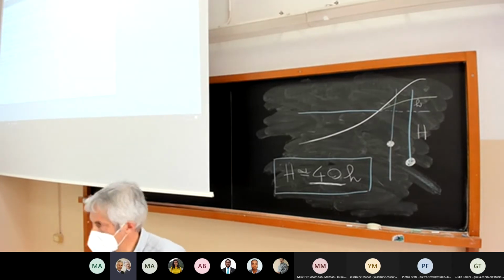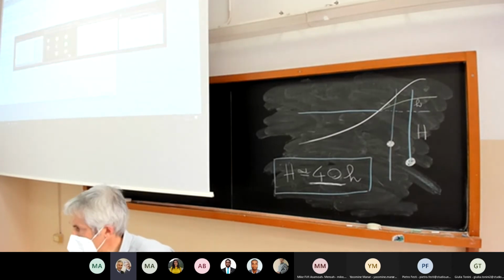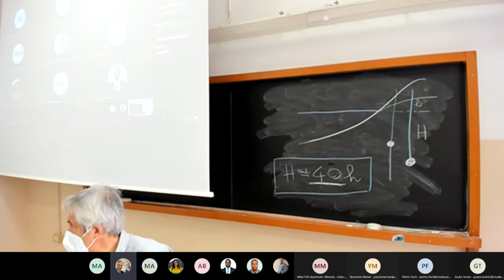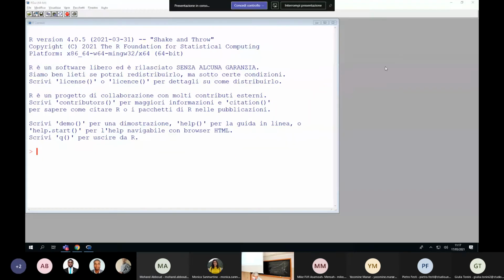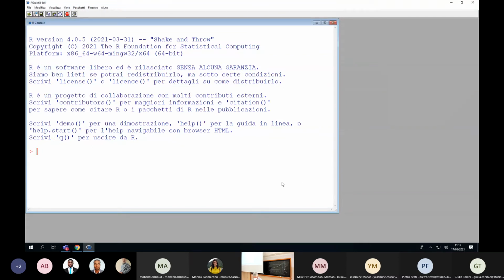Okay, this is the R console, but you don't see it yet. I need to share the screen. Okay, this is my R console. I clear the screen with Ctrl L. And then let's look at the